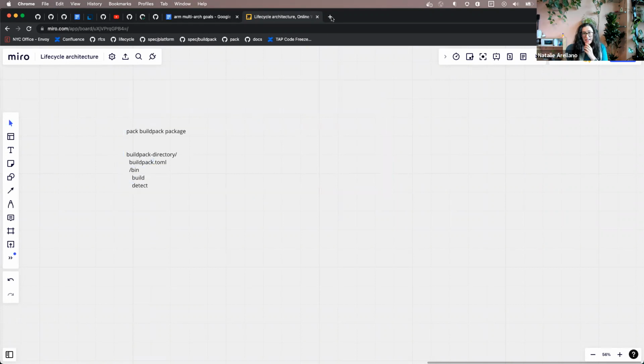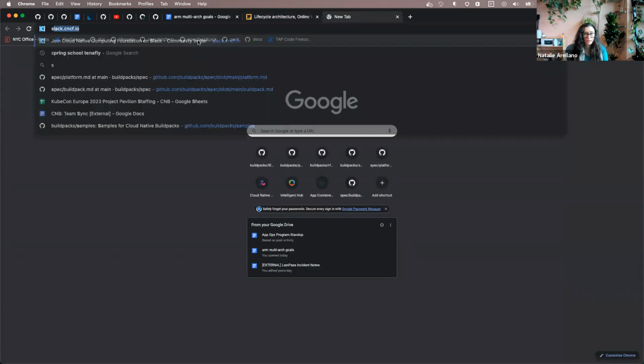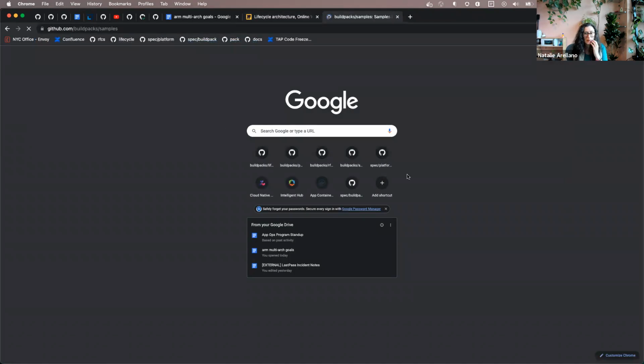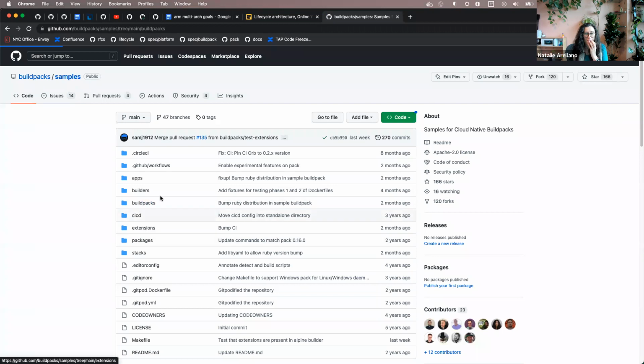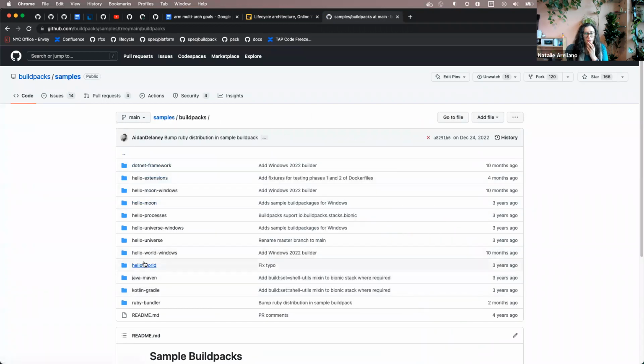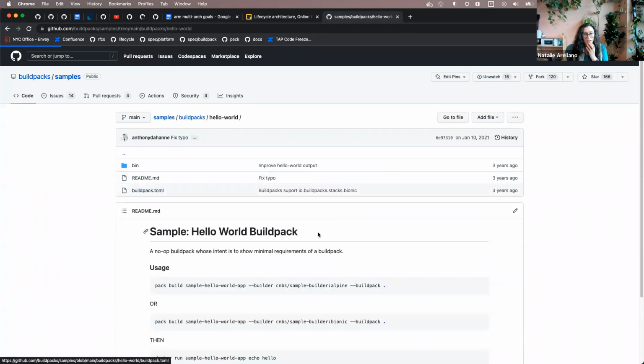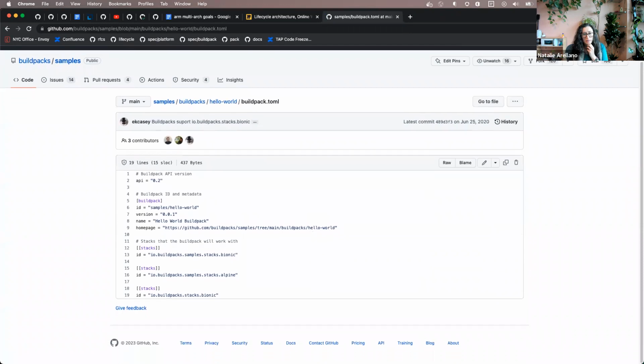And today, if we go to our samples repo, let's just go to hello world. The buildpack.toml doesn't really say anything about which architecture this buildpack is supposed to work with.